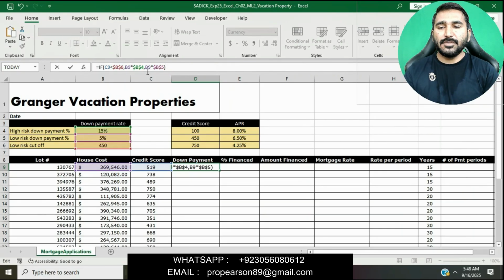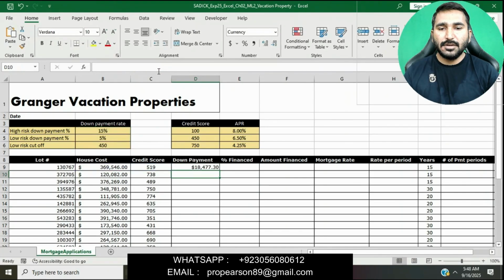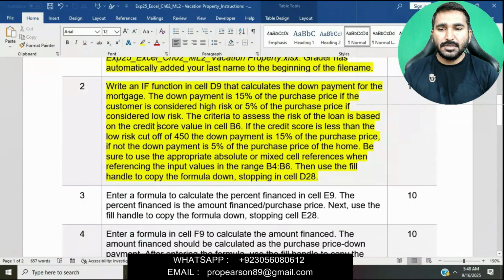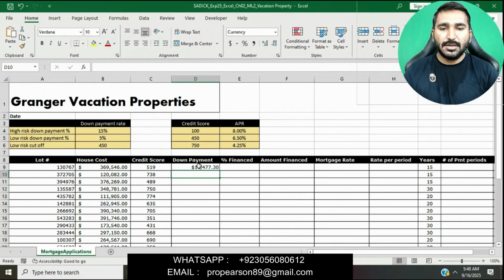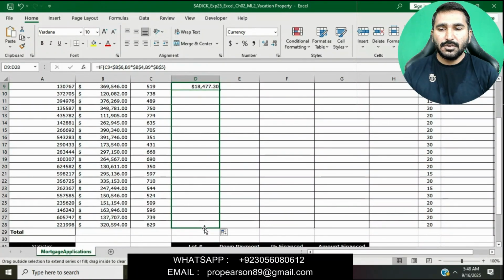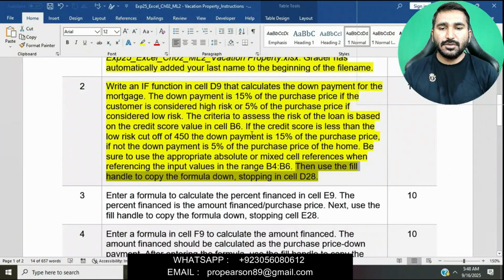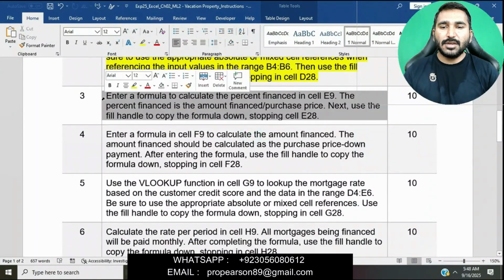I have entered the formula, then press enter, and the down payment is found in cell D9. Then use the fill handle to copy the formula down, stopping at cell D28. This is good. Now we will move on to question number 3.